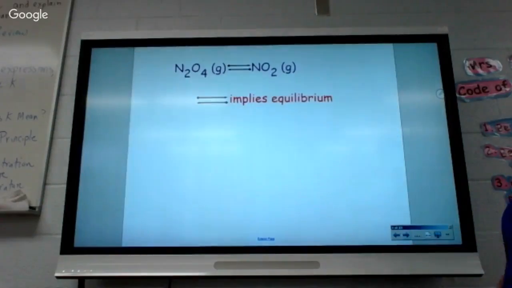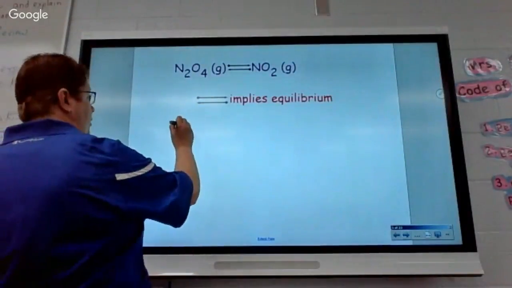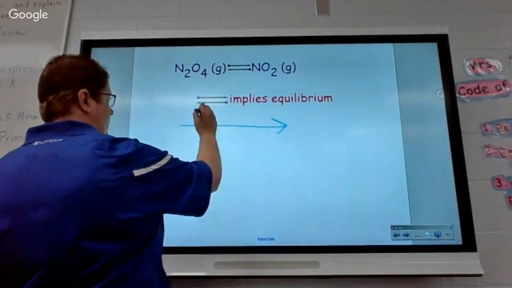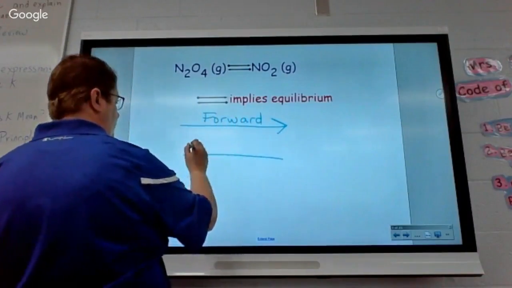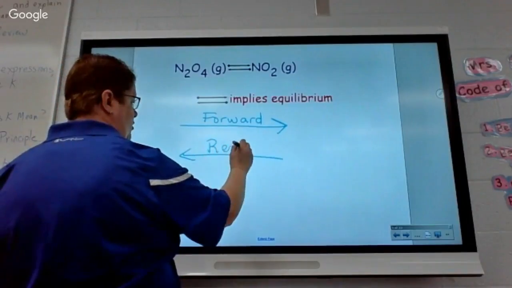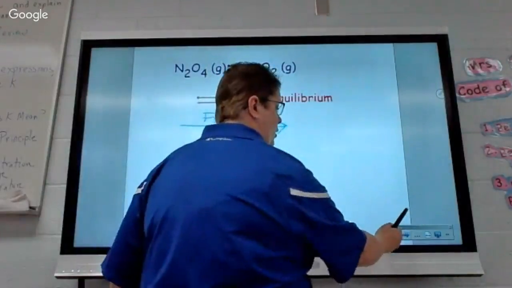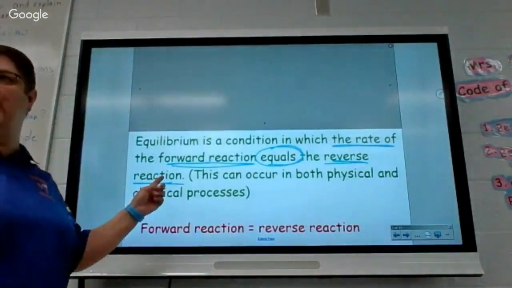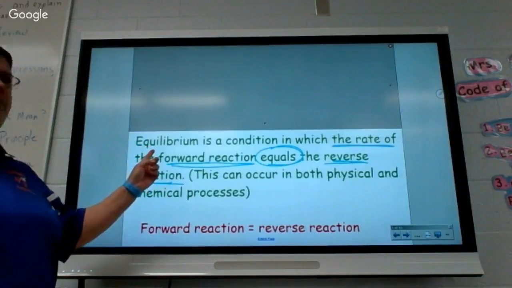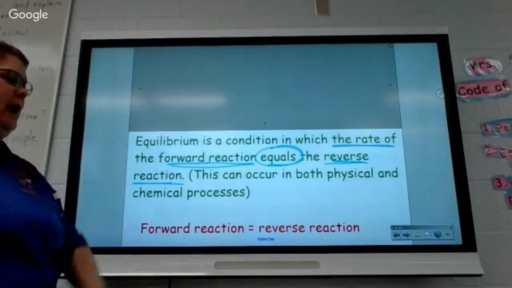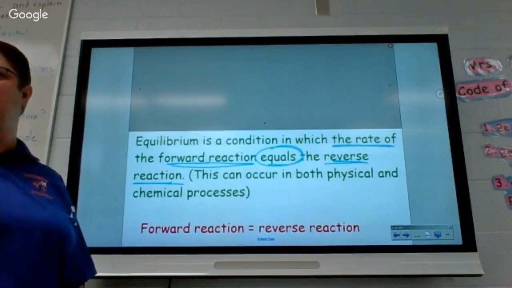And the reverse reaction. Do you know what I mean when I say forward and reverse? Because I'm going to use those terms today. Does everybody know what I mean when I say forward and reverse? So when I talk about forward, this reaction is what we just had, right? Forward, okay, this is forward, and this is reverse. Is everybody okay with that? Okay. So if you don't understand what's in green, you need to write it down. The equilibrium condition is a condition in which the rate of the forward reaction is equal to the rate